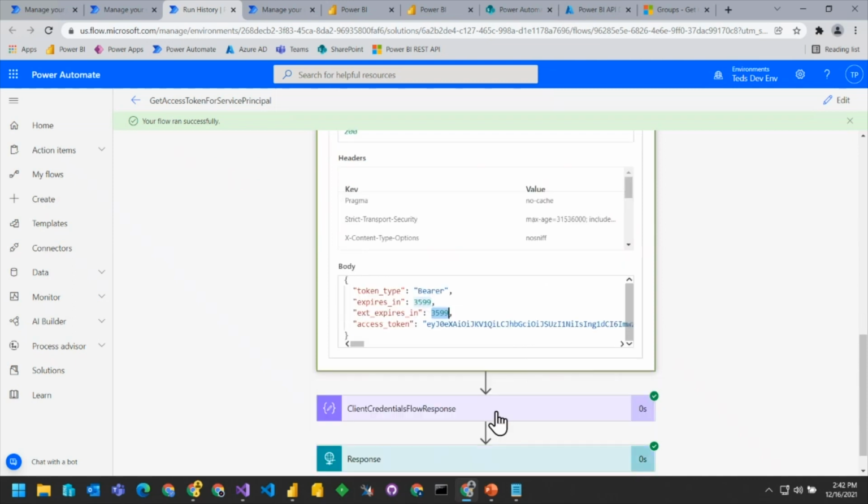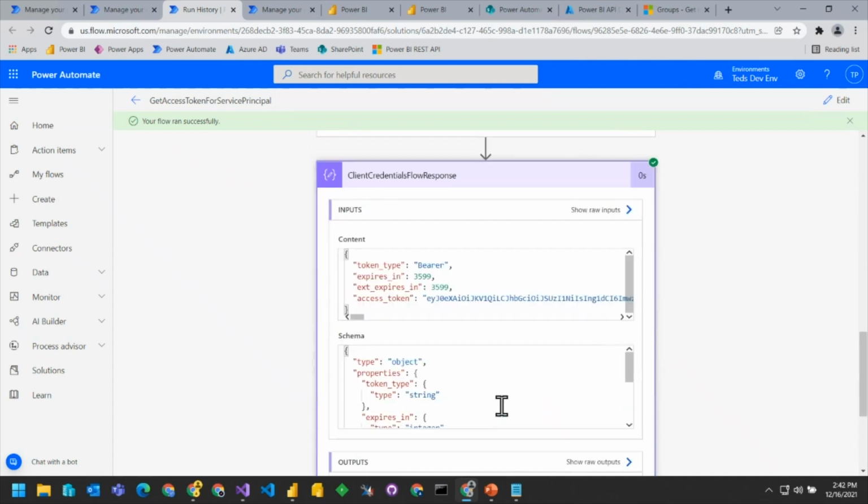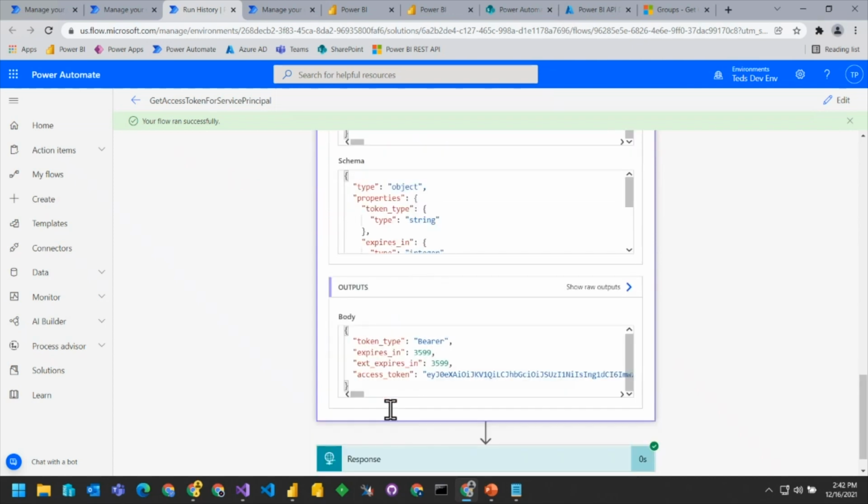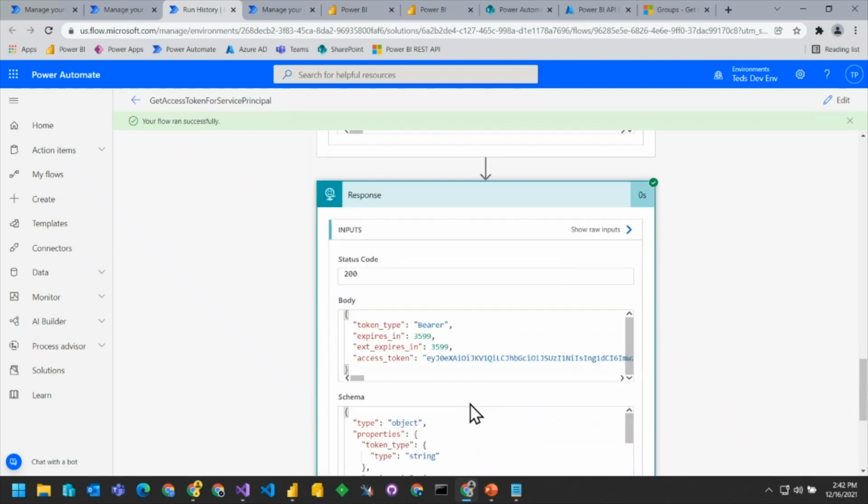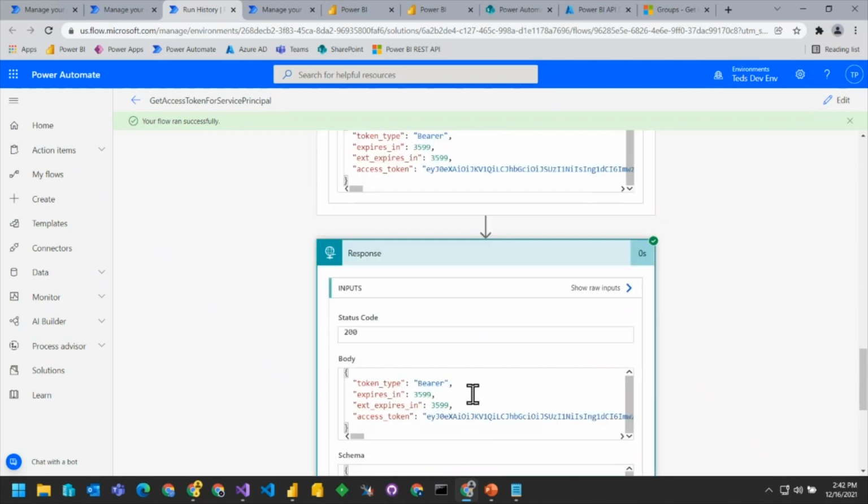And then there's one more thing we do here, and that is we take the client credentials flow and we put it into a prettier output format. The idea is that now we're able to send a response. And what's nice about this is that when we use it from another flow, it's going to be easy for us to get the access token.